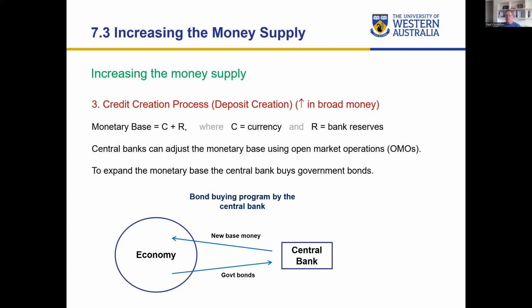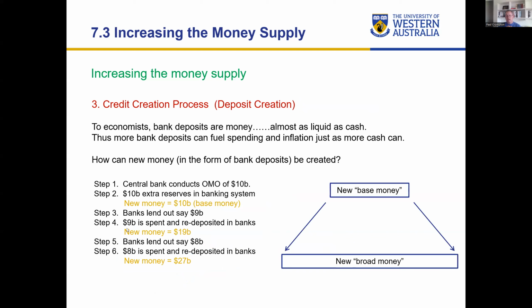Okay, so what we've got, the rich individual has $10 billion in their bank account, but that is new money. That is money that has come from the central bank that was not part of the economy before. It's just $10 billion worth of new money. So we go to the second slide. We've gone through steps 1 and 2